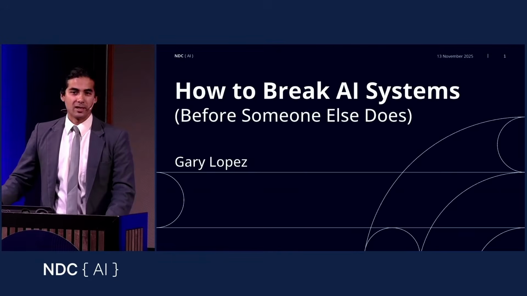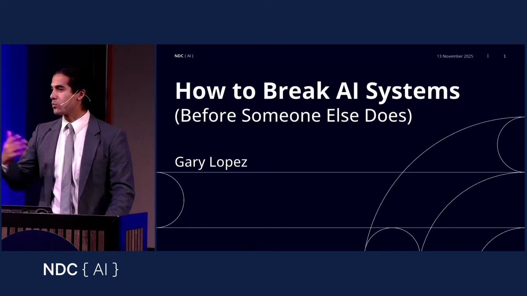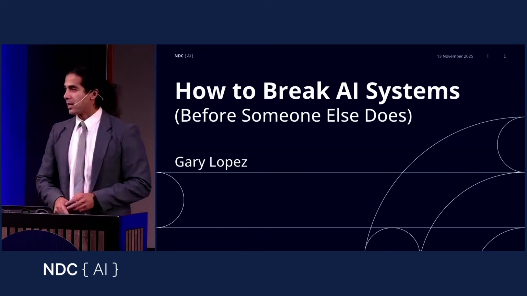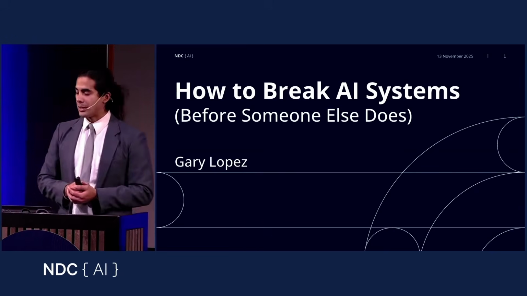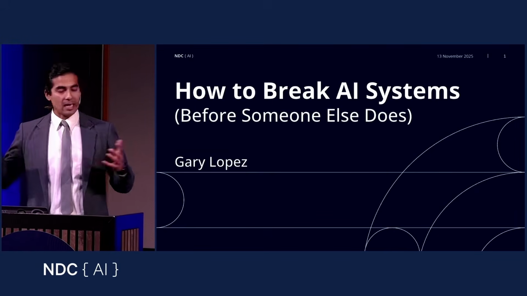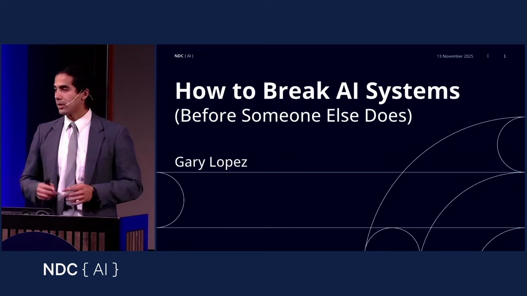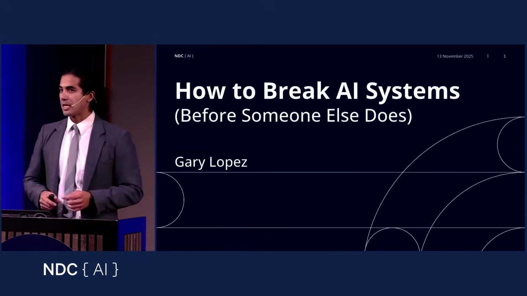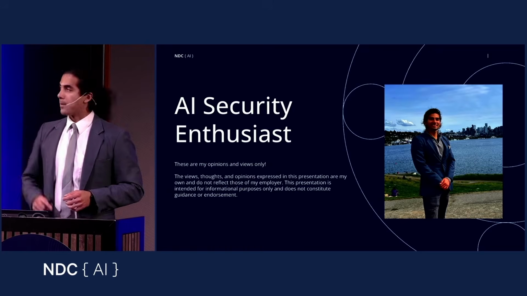Day to day, I just break things at work and then work with security teams to improve the security posture of different products and services. Now, I'm here to talk about a topic that is a little bit misunderstood, which is how to break and how to hack these AI systems. AI is everywhere at this stage. Companies are trying to put AI everywhere. So hopefully by the end of this talk, you'll have a better understanding of how you can do some red teaming on these systems to make them more secure.